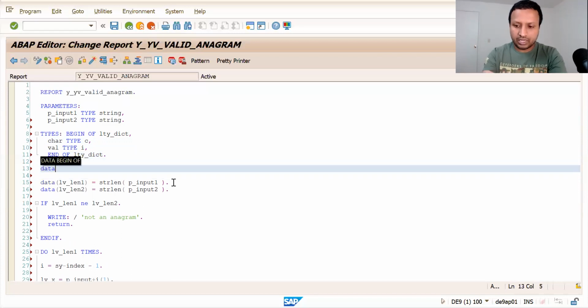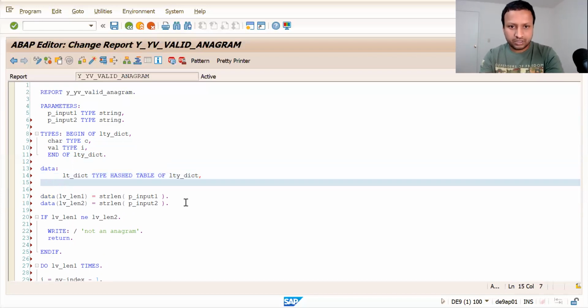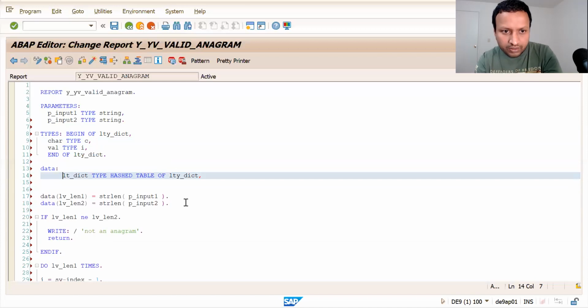Now we declare an internal table, which can be a hashed table so that we can easily read from it. If it is a standard table, it takes so much time to read through it. If it is a hashed table, it will be very quick.